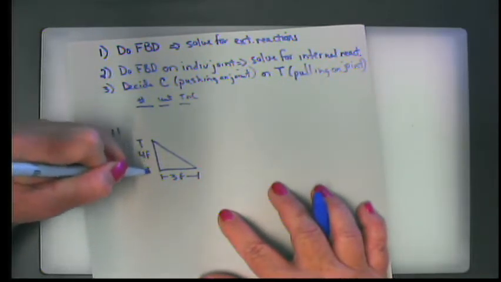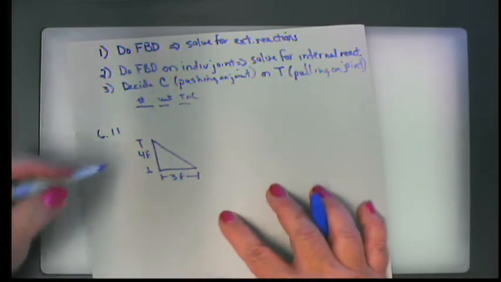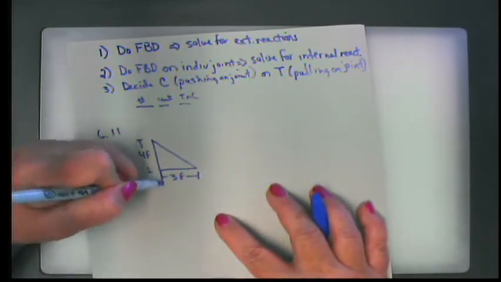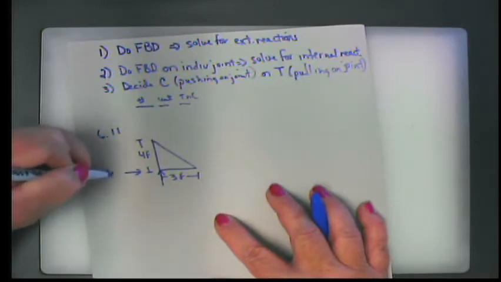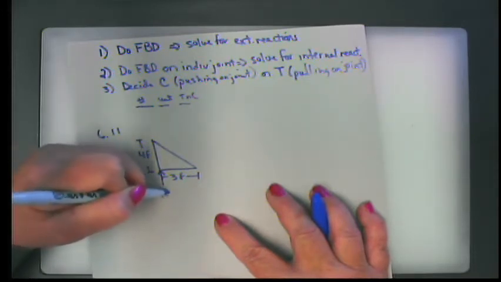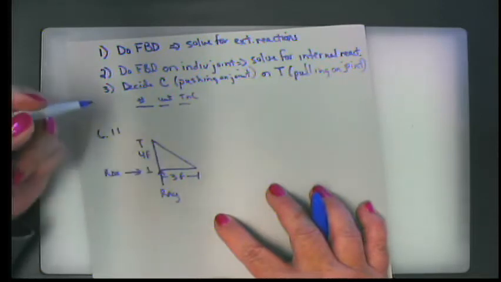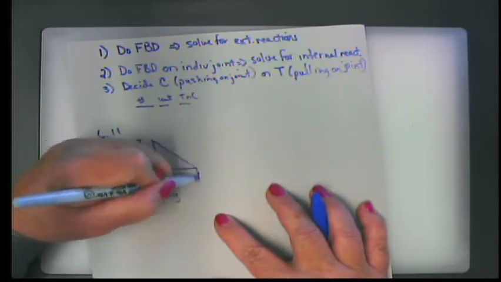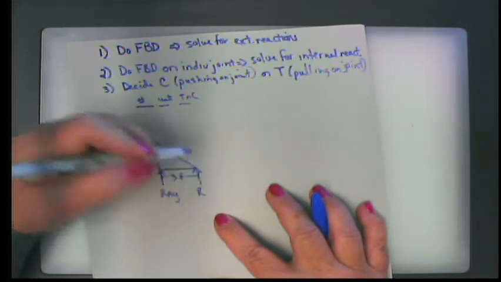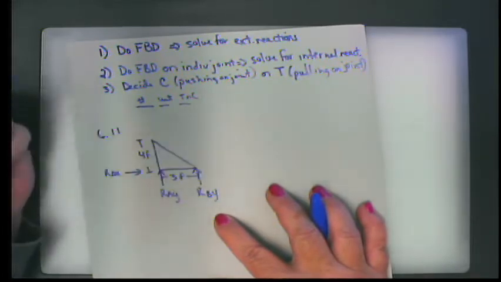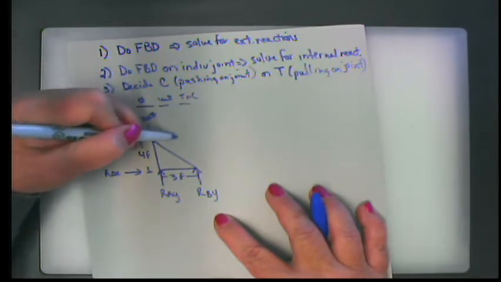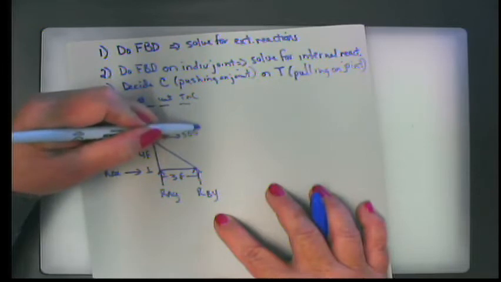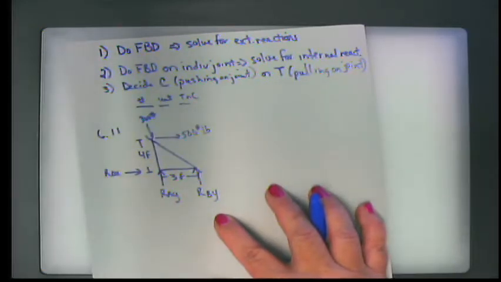Gotcha. So we have a triangle that's 3 feet, 4 feet. We have a fixed support at A. Since it's a fixed support at A, we could have a reaction at A in the X direction and a reaction at A in the Y direction. We have a rolling support at B, so we only have a reaction at B in the Y direction. We then have a 300-pound force acting in the negative Y direction and a 500-pound force acting in the positive